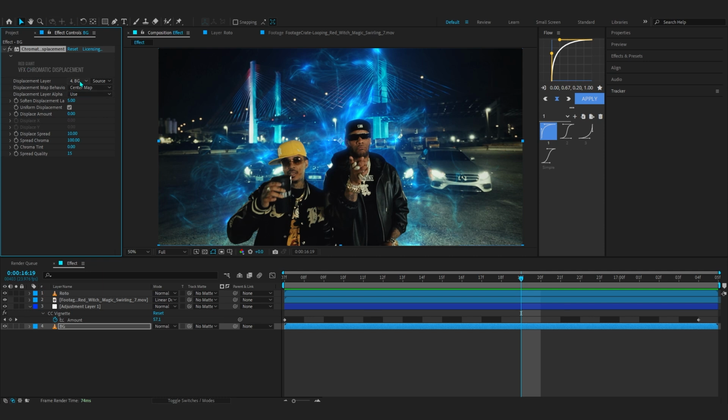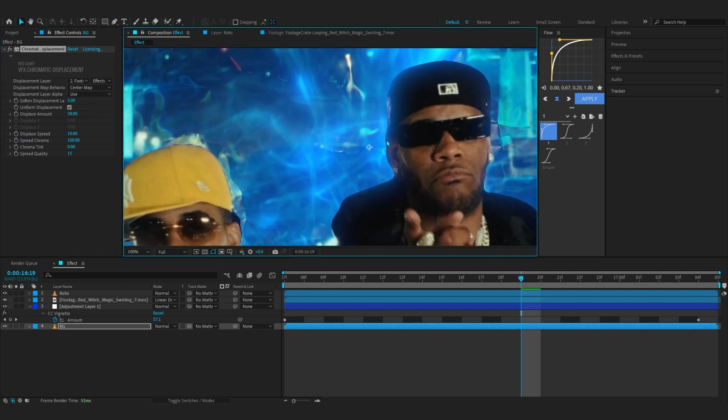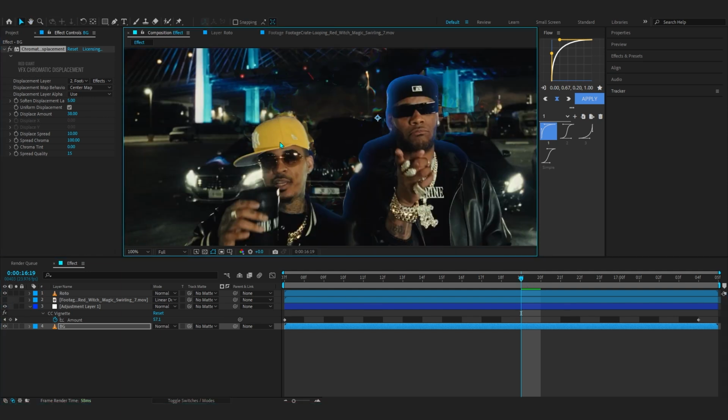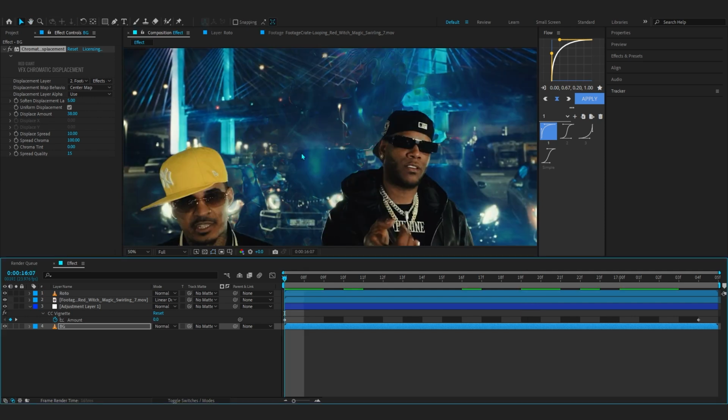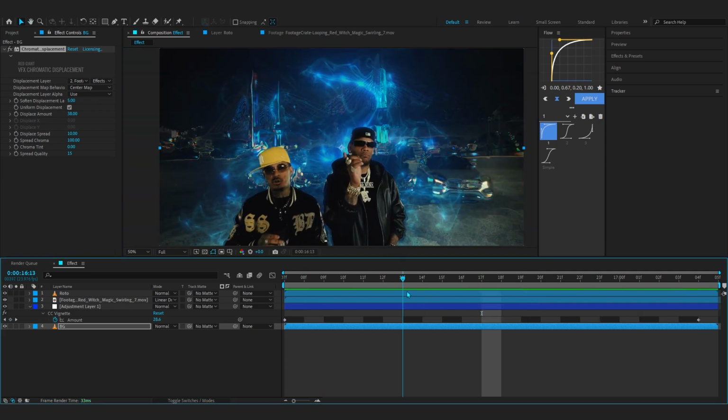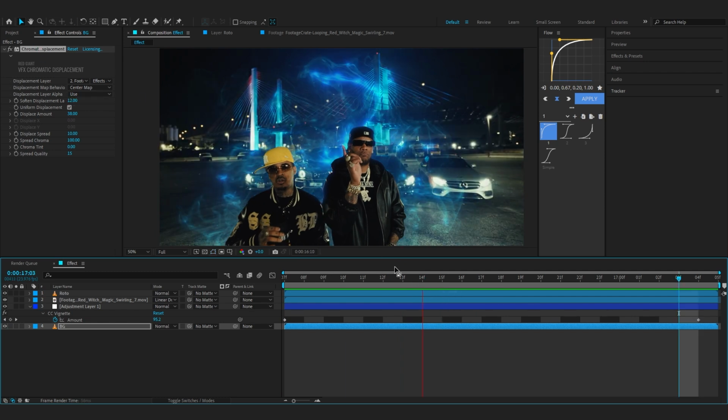But anyways, go to displace layer and set it as your energy, and go over to effects and masks, set it as effects and masks, and now go over to displace amount, and you can just bring it up, and it will give it the morphing going on, as you can see in the background. If I hide this, you can see it is giving the morphing, so it really adds a bit of realism to the effect. I don't know what this glitch right here is, man. Now I think this looks